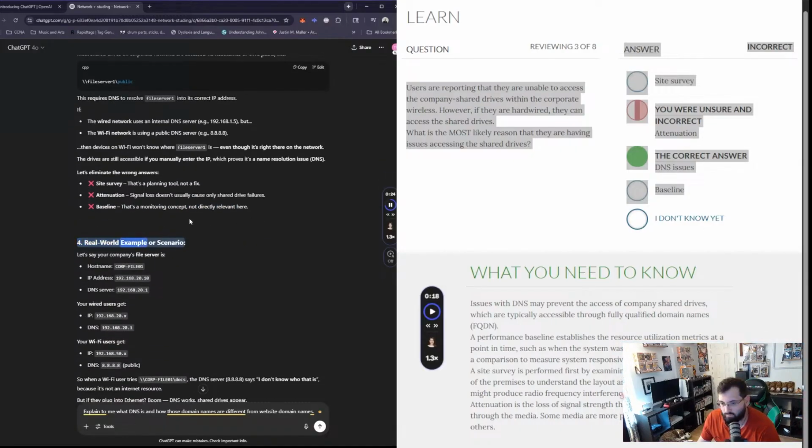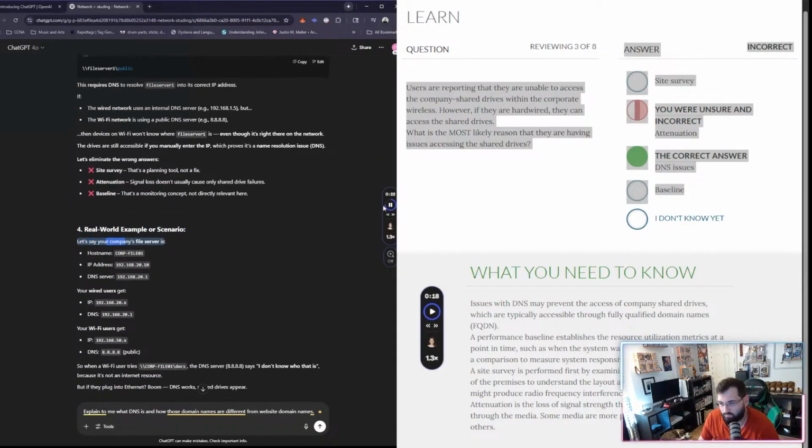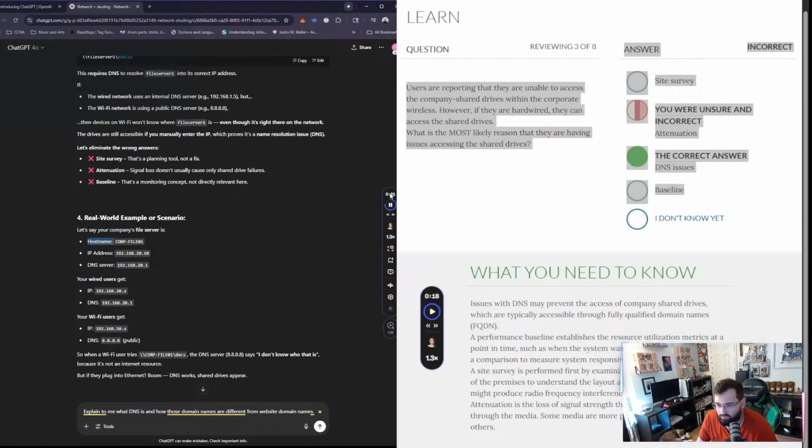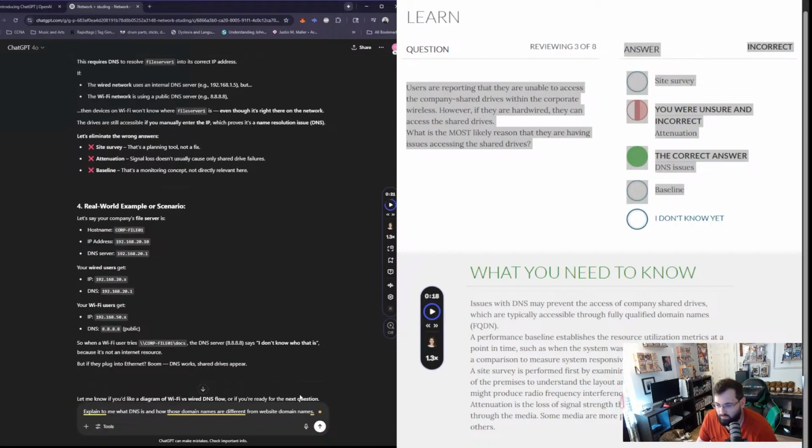Four, real-world example or scenario. Let's say your company's file server. Site survey, that is a planning tool, not a fix. Signal loss doesn't usually cause only shared drive failures. That's a monitoring concept, not directly relevant here. The hostname is corp-file-01, and the IP is